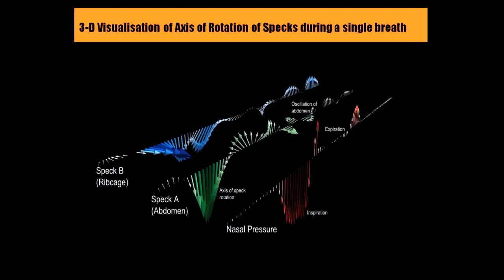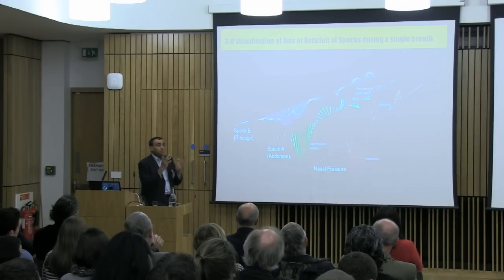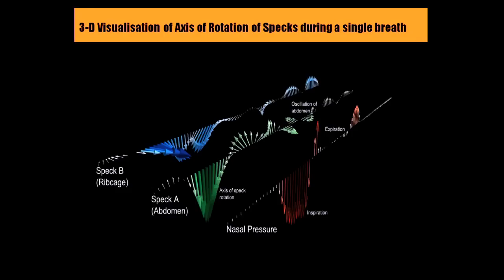This is nasal pressure here, and what you have is the axis of rotation changing over time. During the inhalation and expiration process, you can see what is happening to the muscles, the direction in which they're moving, and which muscles are involved. So it gives us a deeper understanding of the process of breathing,